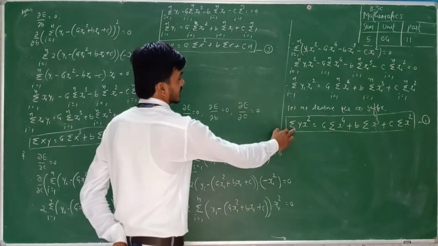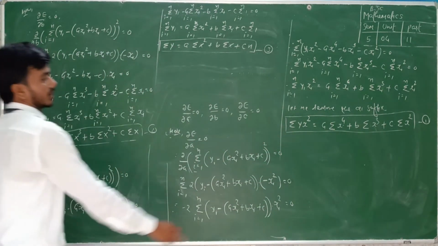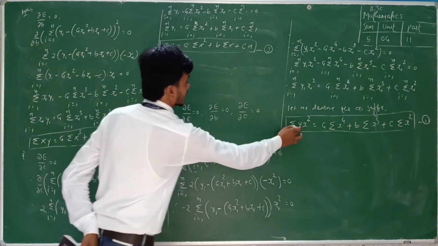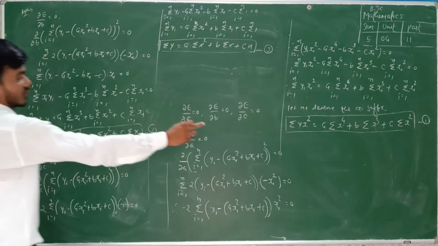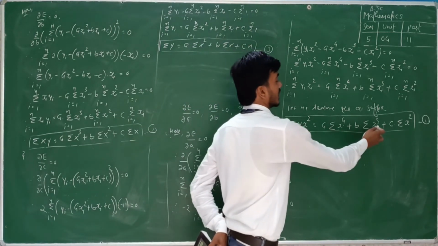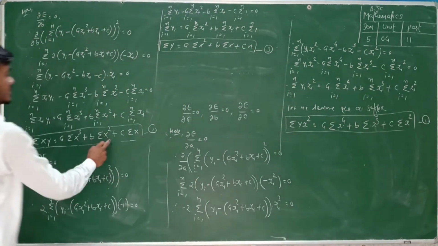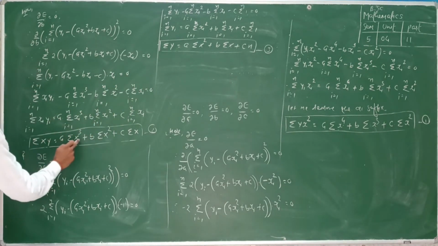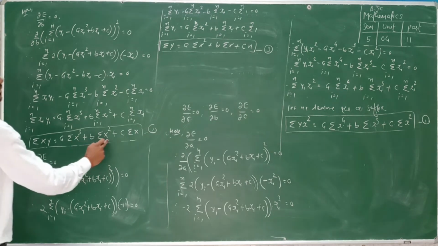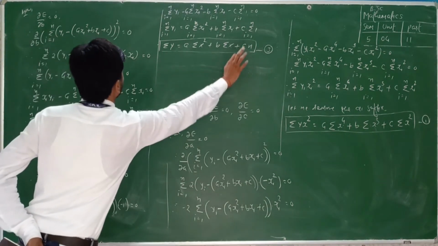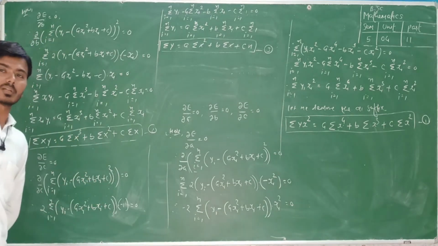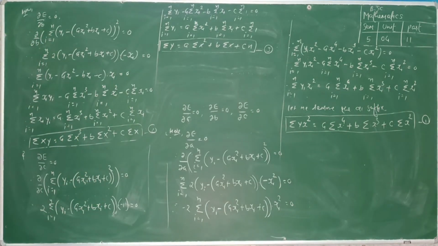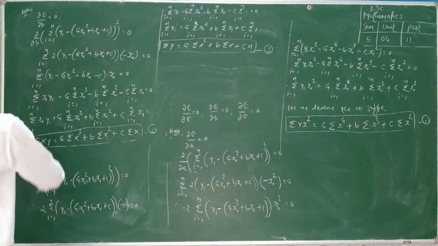Divide this equation by x, and this is obtained. Dividing by x, here we get yx. x raised to 4, divided by x, gives x cube, x square and x; x cube, x square and x. Dividing this equation by x gives sigma y, x a into sigma x square, b into sigma x and c into, dividing by x, 1, that is c n. These three are the normal equations of this parabola. Let us see. Remember the normal equations of fitting a straight line and fitting a parabola. And let us see an example.